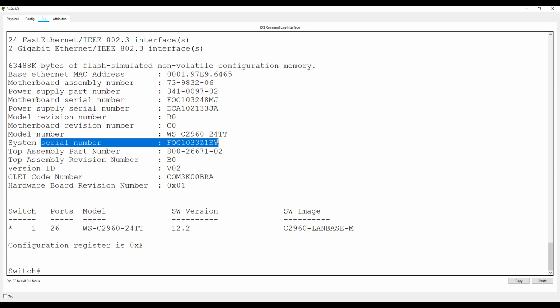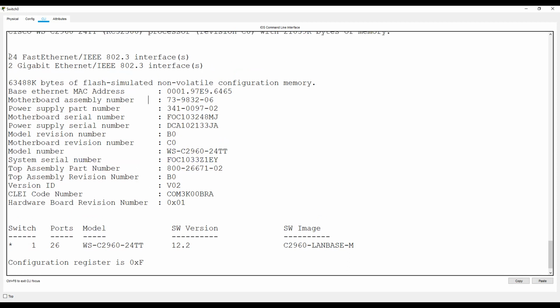In any manner, we call it a TAC case. In order to get the RMA or the new product from the vendor, like from any vendor such as Cisco, Extreme, Aruba or anything, we need to open a case in the portal. To open a case, they're going to ask whether your device has support or not by going through the serial number. Then you will have a few more details.